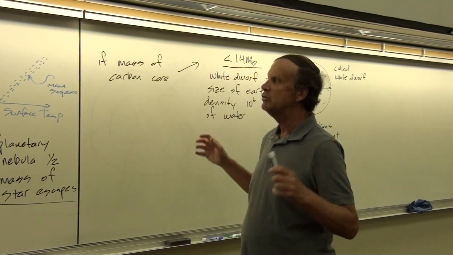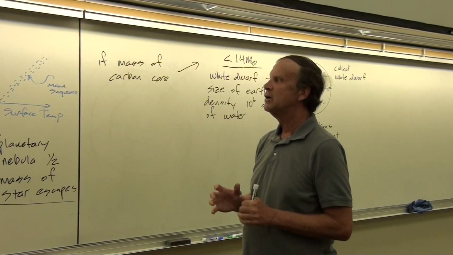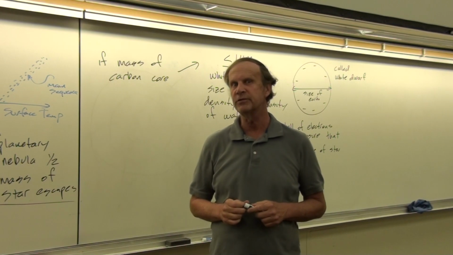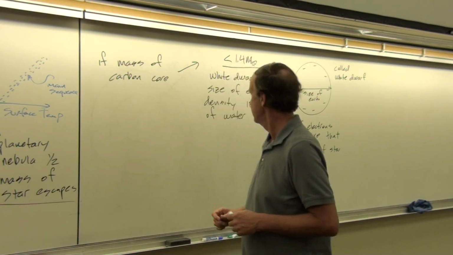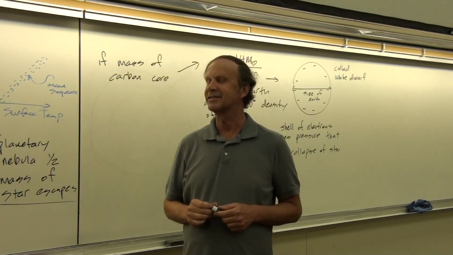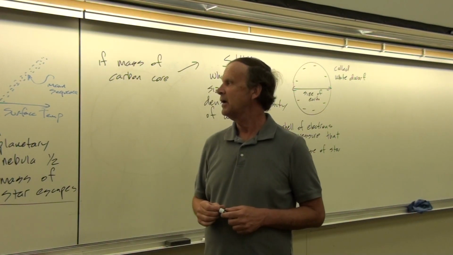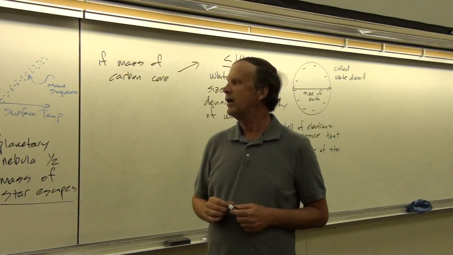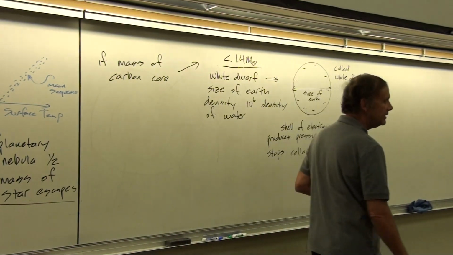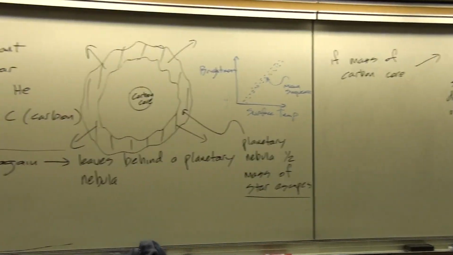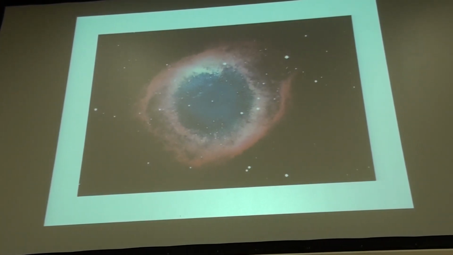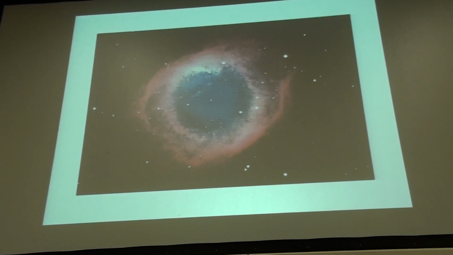A lot of energy will be produced by the red giant, which will make the outer planets somewhat habitable, perhaps for a short period of time, 100 million to 1 billion years. So that's a short period of time on a cosmological scale. It's a long time for us, of course. But the way that we could identify if a star has gone through these stages is to find the planetary nebula. And so here is a great look at what our classic planetary nebula looks like.